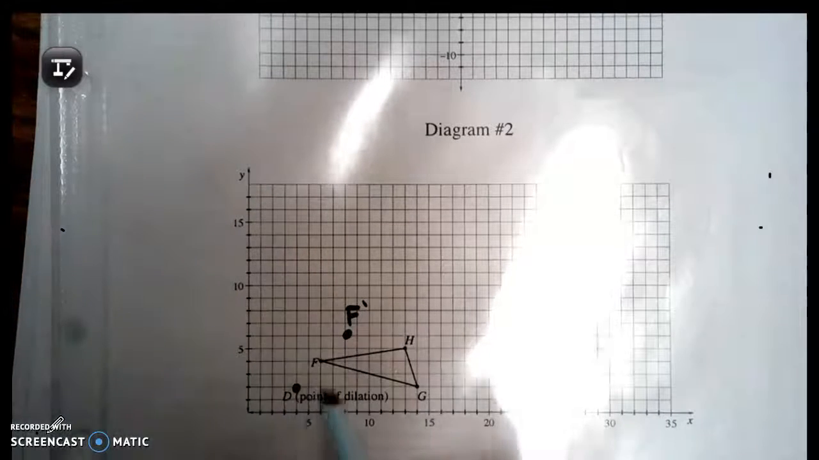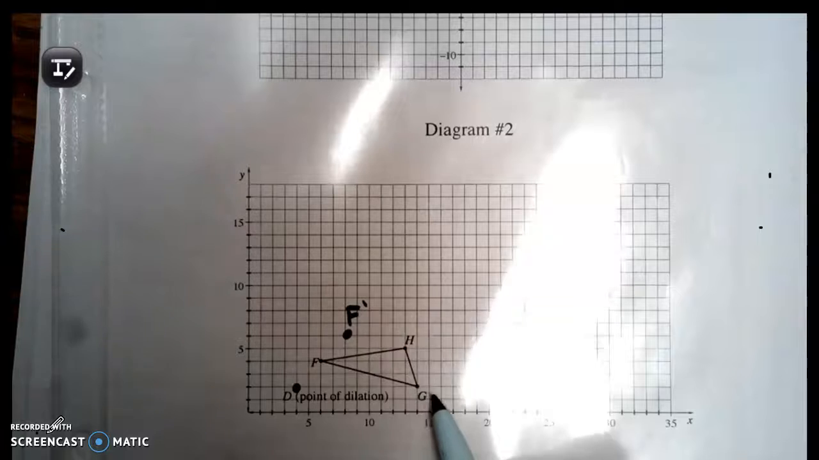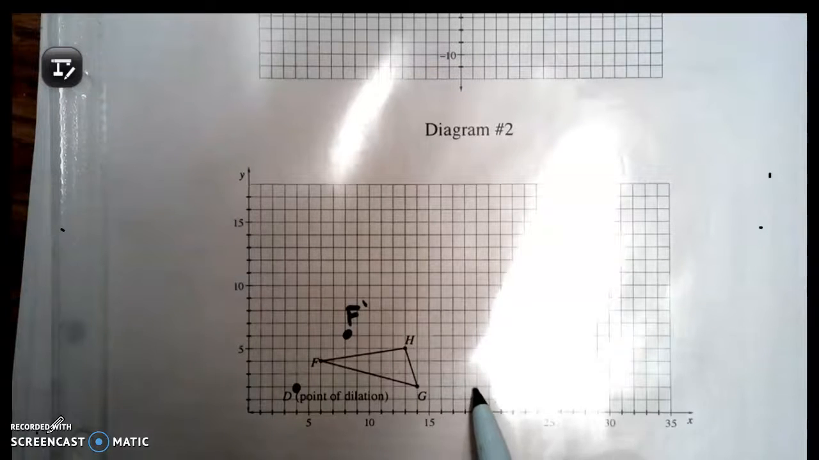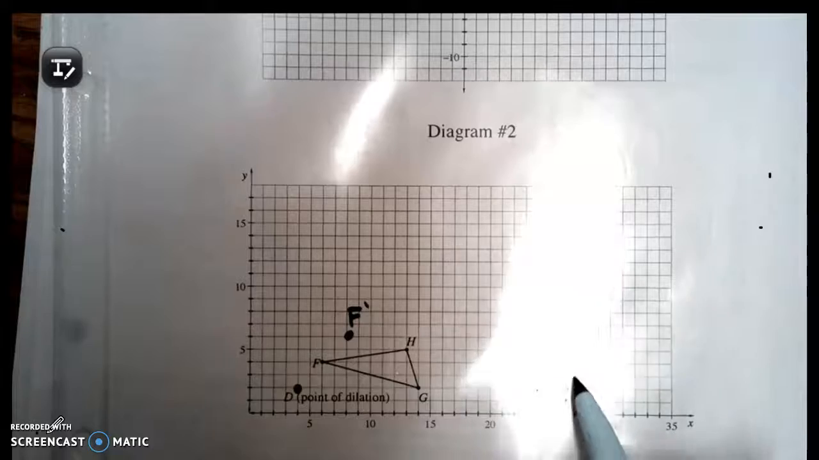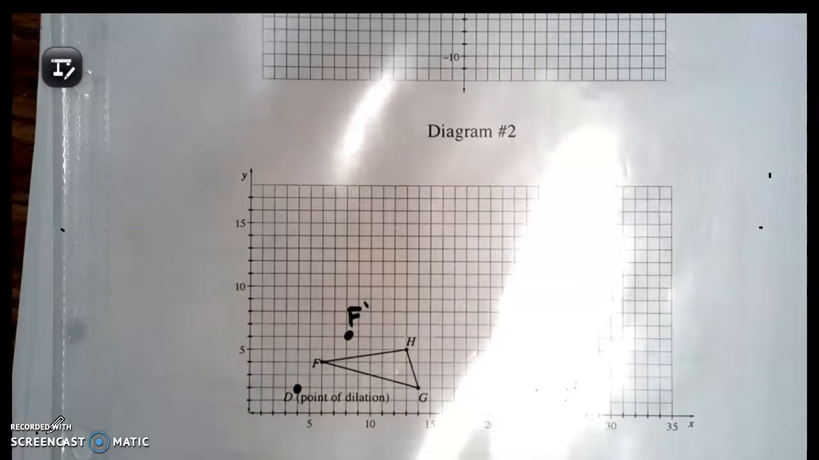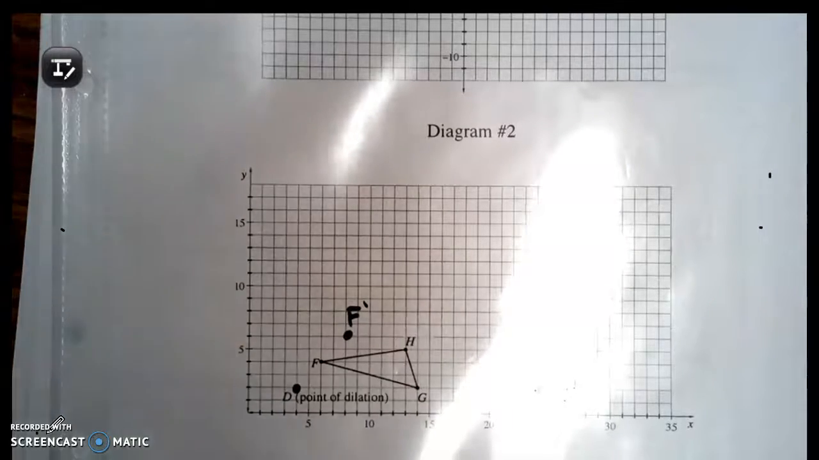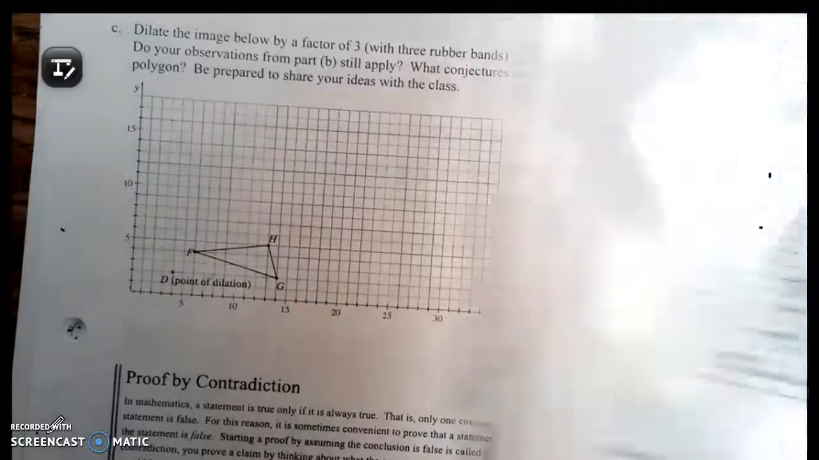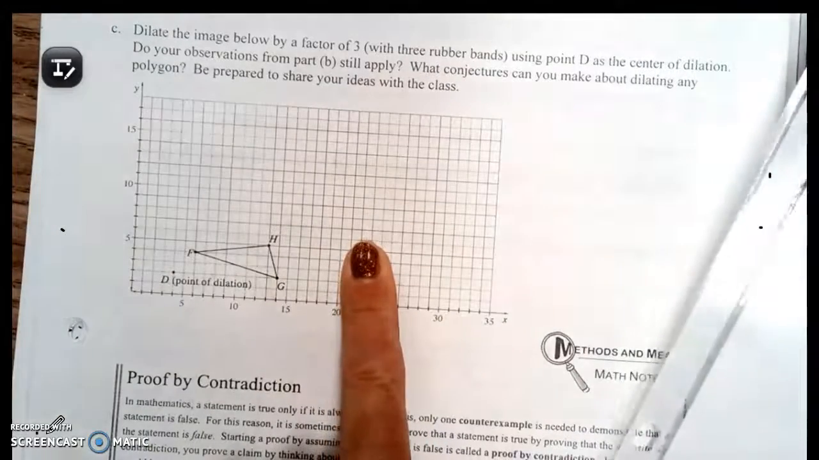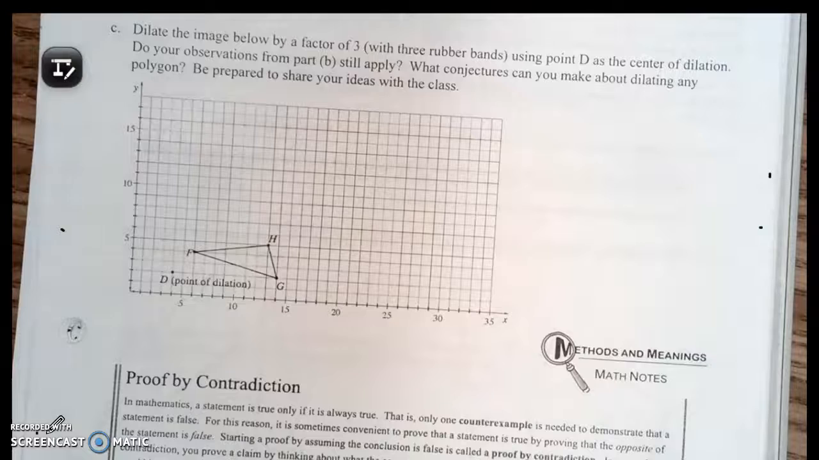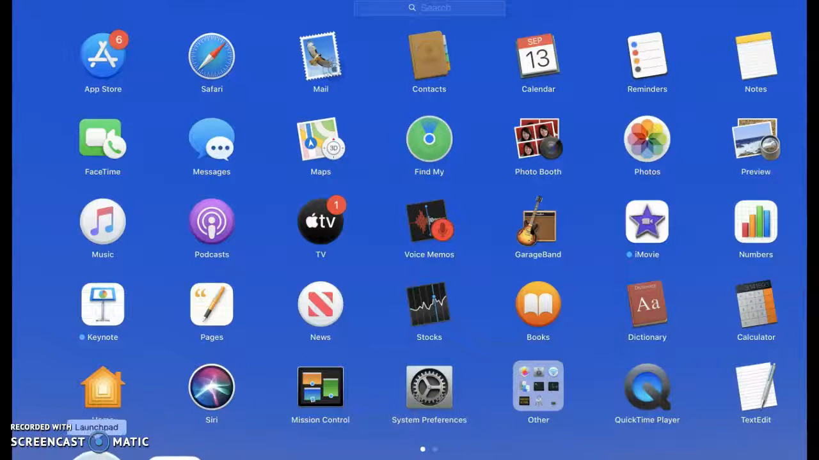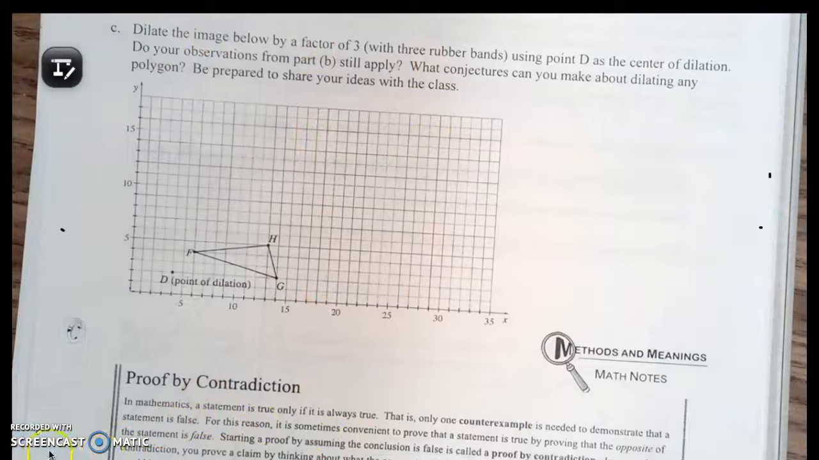To get to G, you go 10 to the right. So you're going to go another 1, 2, 3, 4, 5, 6, 7, 8, 9, 10. There's going to be your G prime and so on. So you'll double it and then you're going to triple it. When your whole group is satisfied with it, you're going to copy it onto here. Okay? Does that make sense? All right, awesome. So you're going to send one person